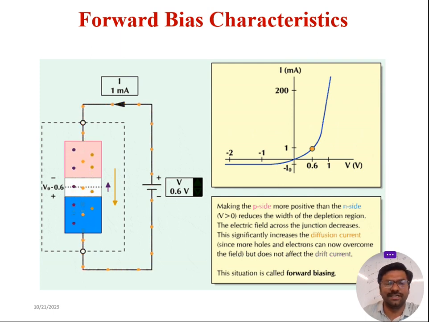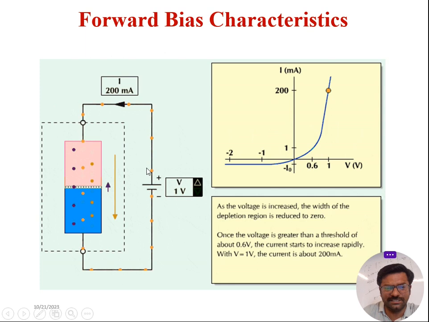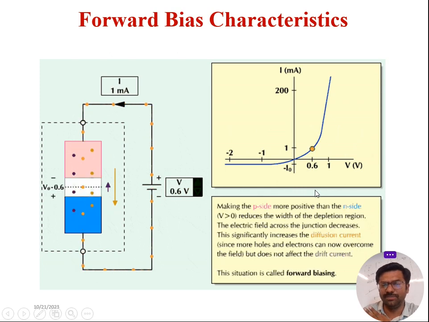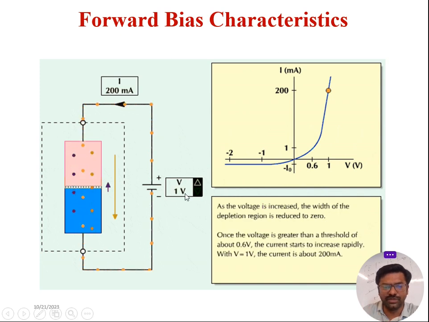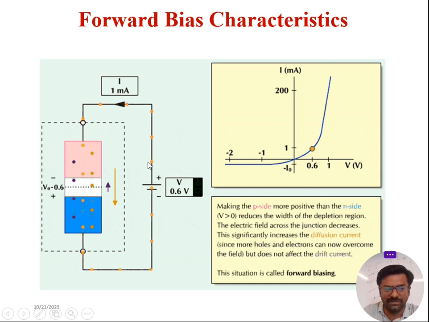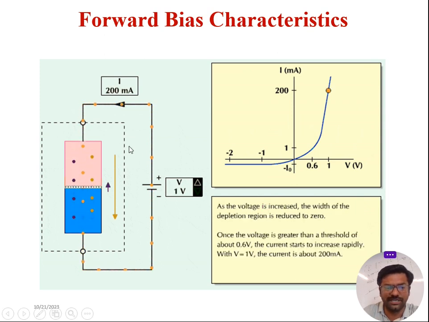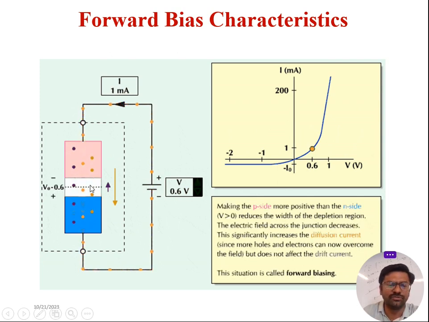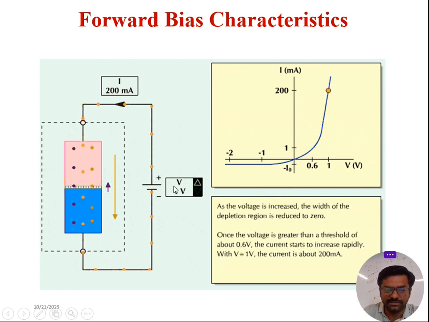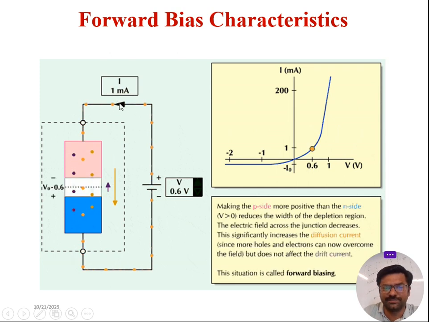Now coming to forward bias characteristics. What are characteristics? Characteristics is a plot of how the dependent variable varies with respect to the independent variable. In this diagram, whenever forward bias is applied, the P type material is connected to the positive terminal of the battery, and the N type material is connected to the negative terminal of the battery, as a part of which the diode goes to forward bias. You can observe here, the battery is the independent variable, and the current flowing is the dependent variable.